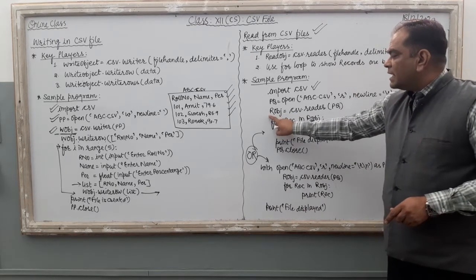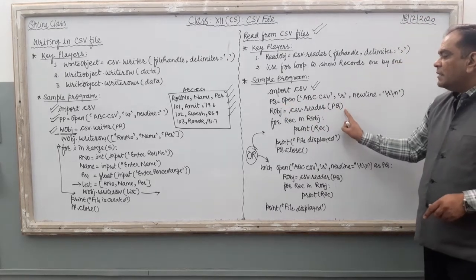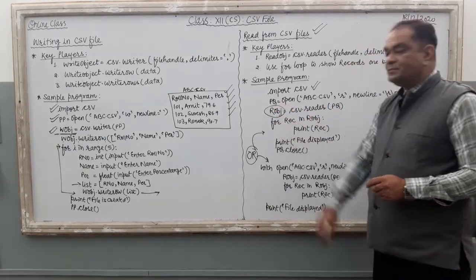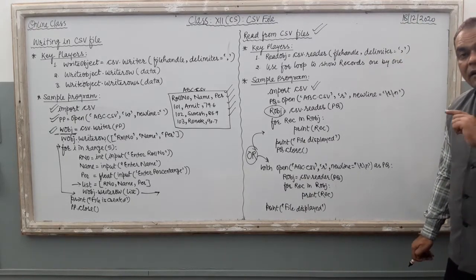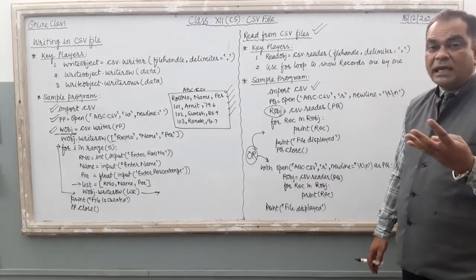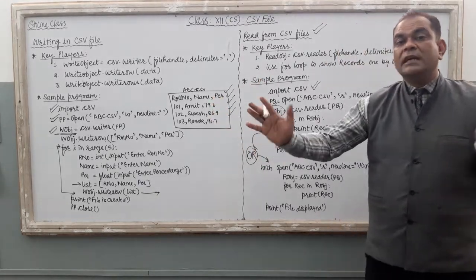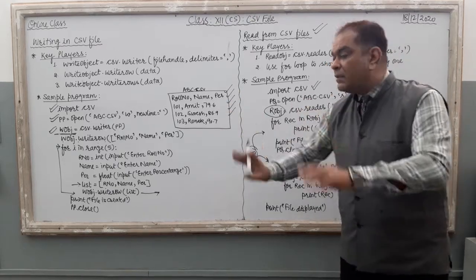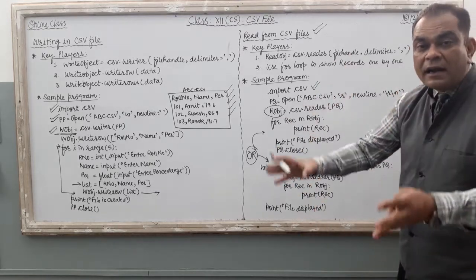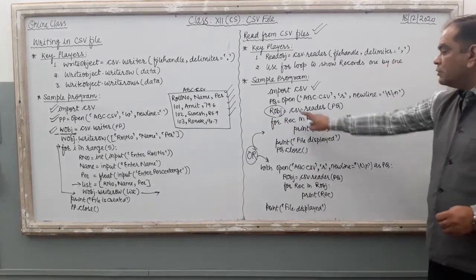Now just see, the reader object robj equal to csv.reader, then pq. pq is my file handle. The reader object is created on the basis of the file handle only, and robj is our reader object. When you supply this reader command, when you create the reader object, the data that is there inside the file is going to be inserted in the reader object in one go. All the records go and get saved in this reader object at once, right? Either 5 records are there or 500 records are there, all the records are available with this reader object at one go when you use this command.